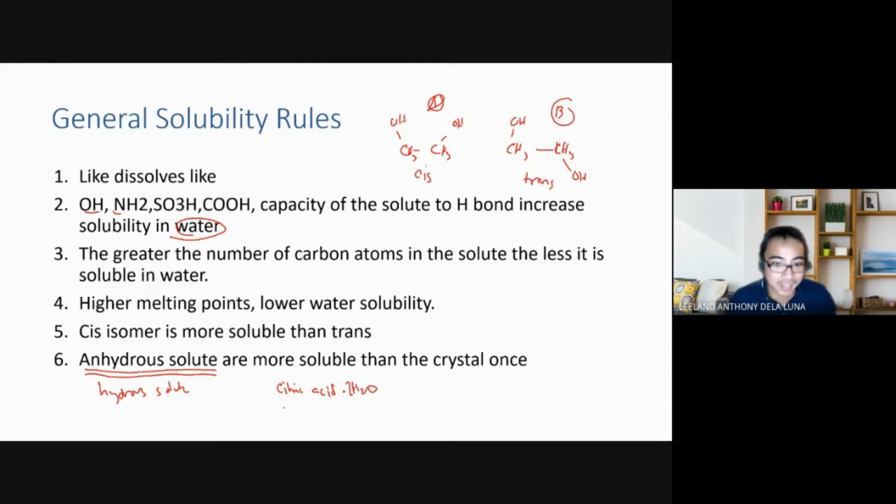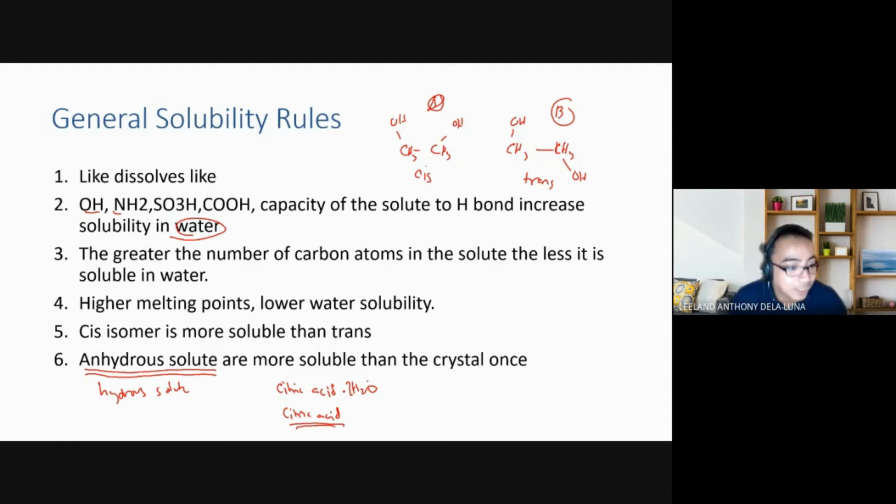Now class, pag nakita mong citric acid lang yung formula, wala siyang .H2O, ibig sabihin, anhydrous yun. Walang water molecule. So, are we clear? Halimbawa, bibili ka ng USP grade reagents, tapos nakita mo sa reagent na yun, may .H2O ang chemical structure. Ibig sabihin, yung chemical na binili mo actually contains water molecules. Make sense? Okay. So, between the crystalline or hydrous ones versus the anhydrous ones,